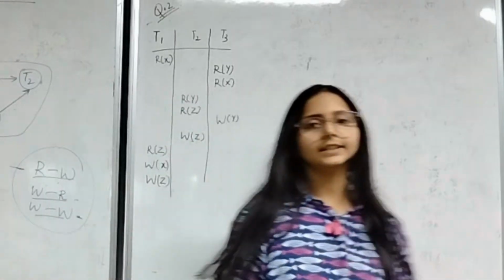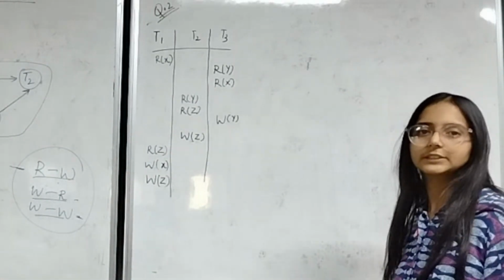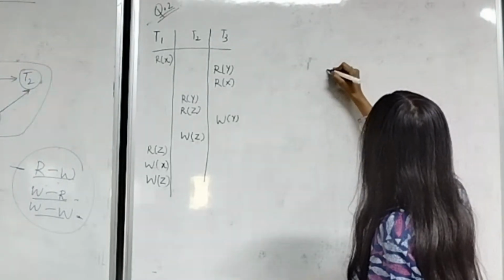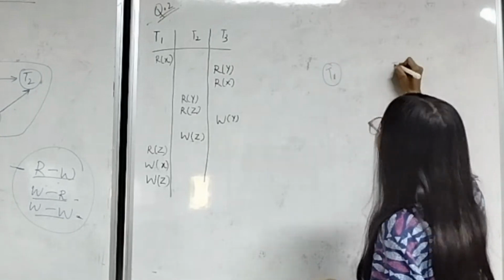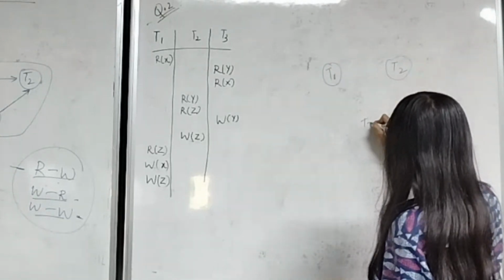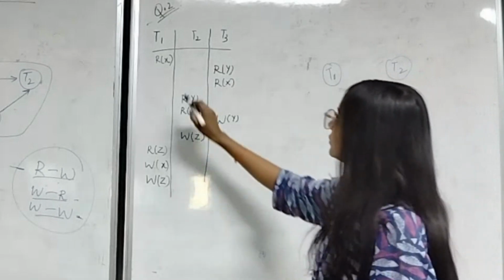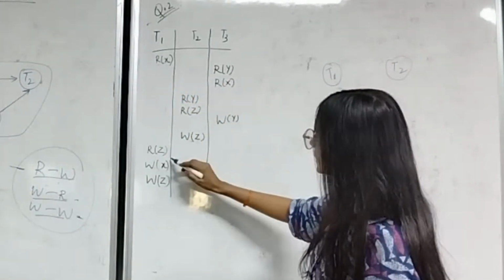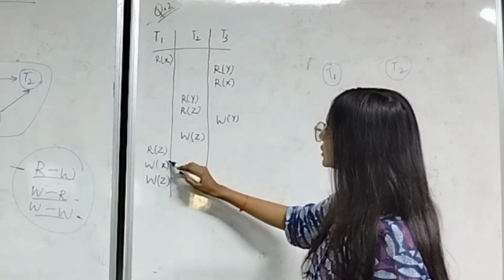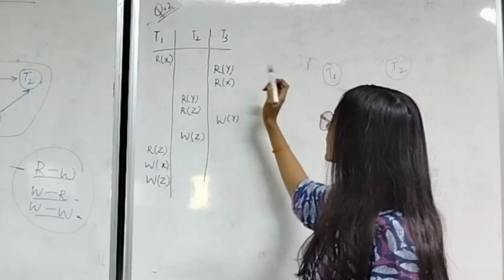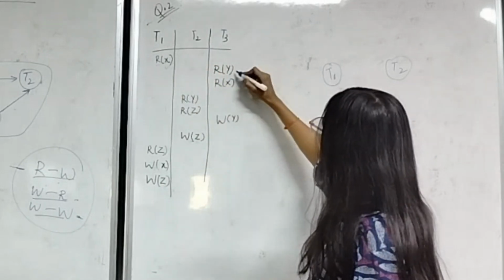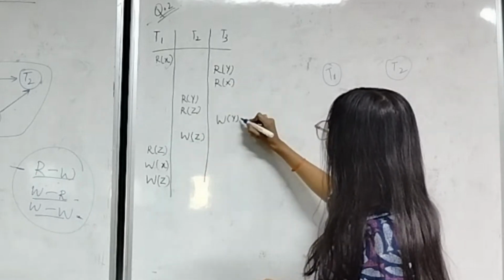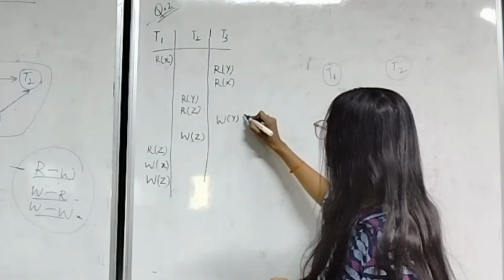Fine. Now let's see another example. Here is the second example. Let's make the precedence graph. We have three nodes T1, T2 and T3. Let's check one by one. For write of x, we'll check for W of x. Any W of x is in its own transaction only, no conflict. Therefore, let's check for R of y. We'll check for W of y, no conflict as it is in T3 only.